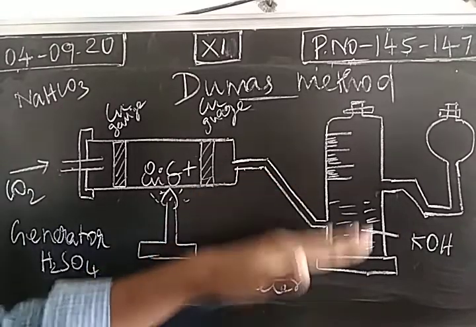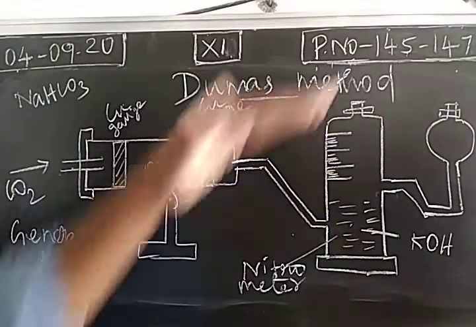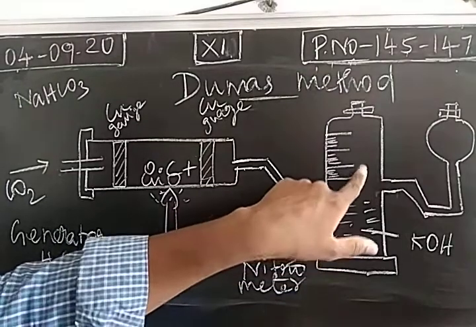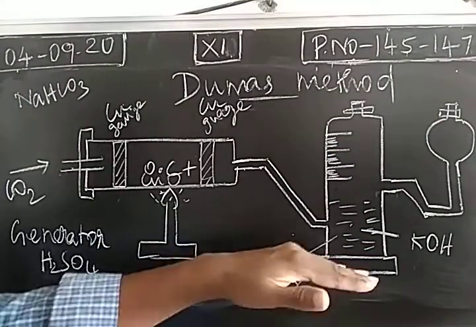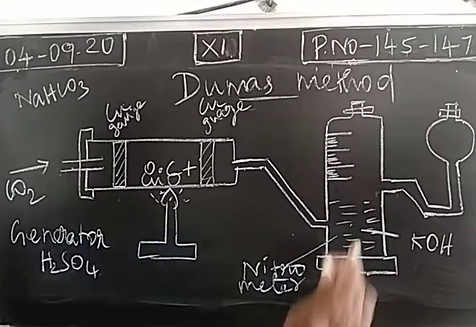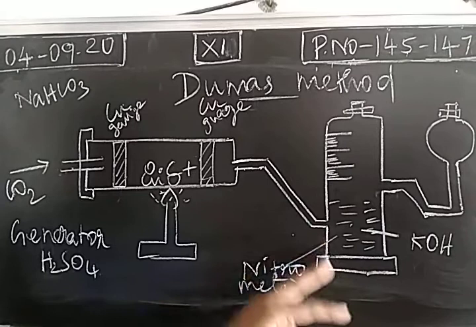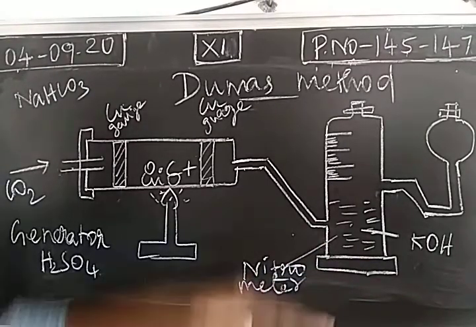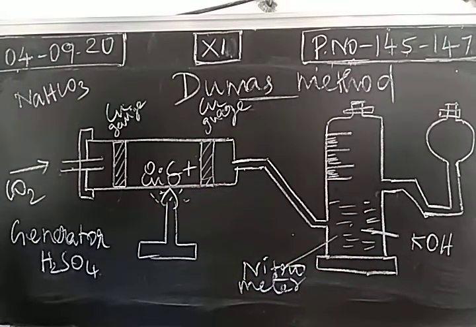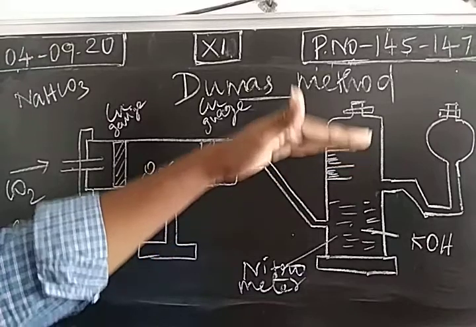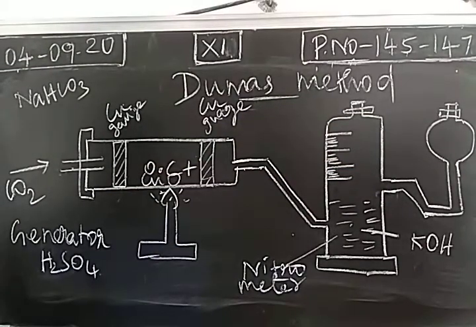So once carbon dioxide is settling here, the level of potassium hydroxide solution will increase, so that we have a mark. The level will slowly increase and the potassium hydroxide will pass into the side tube also. Once potassium bicarbonate is formed, which is removed, we just refill it using potassium hydroxide. To reduce the level of potassium hydroxide in the reservoir, we remove the formed potassium bicarbonate. So the level of potassium hydroxide will reduce, so we have to top up again.